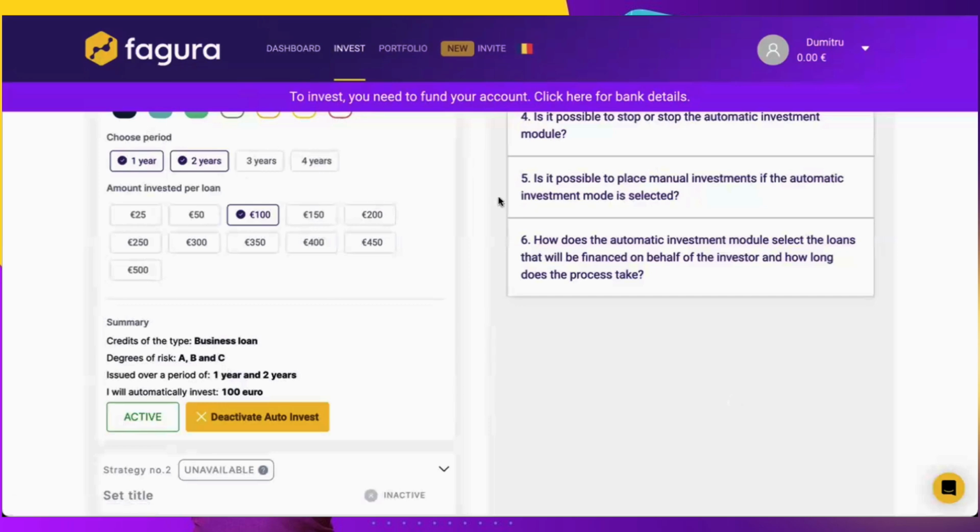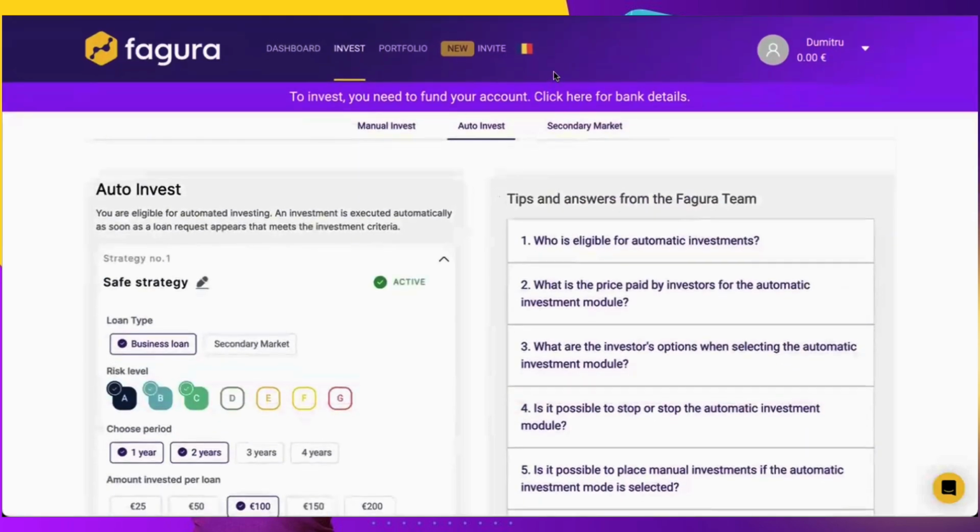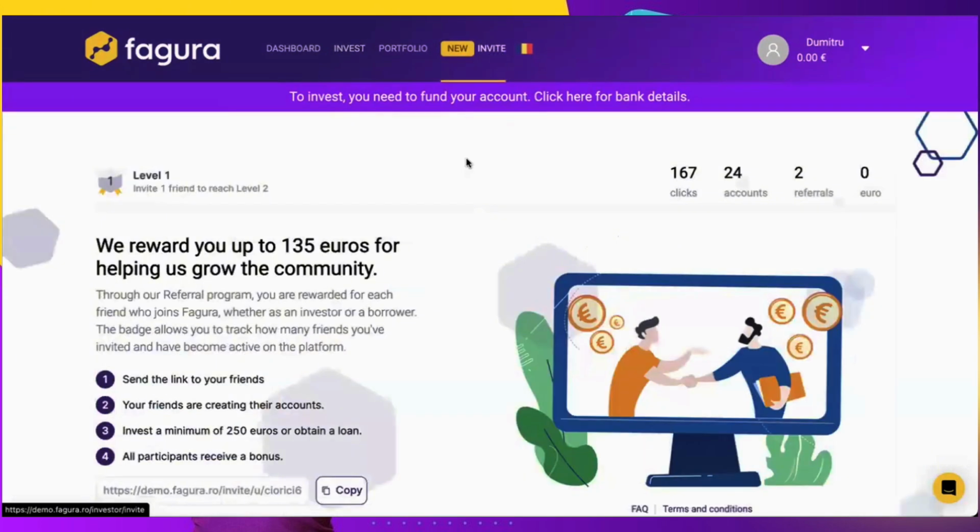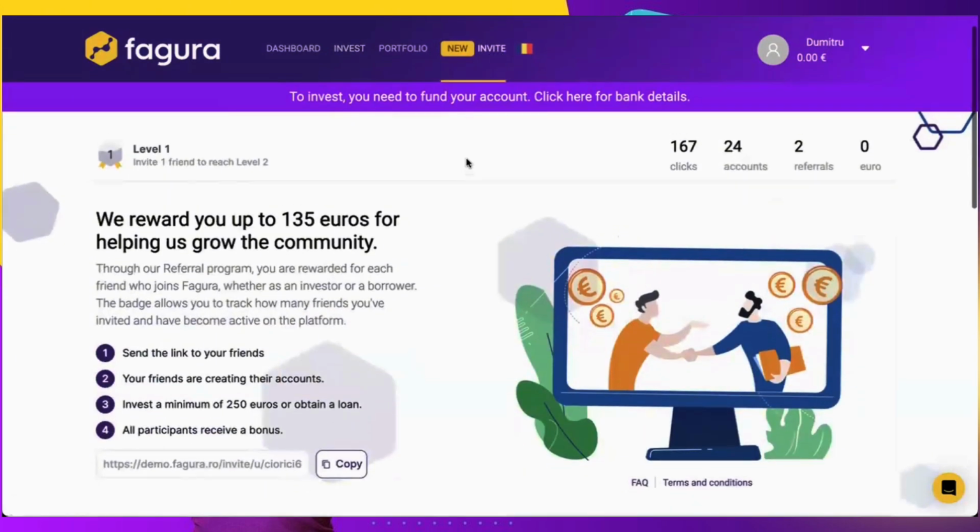Okay, so basically we're having a program that awards with funds those that are referring to our platform. It's right here on the top of the screen. It's on the central menu. What does that mean? Basically,